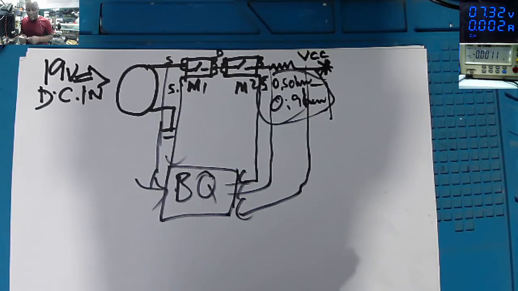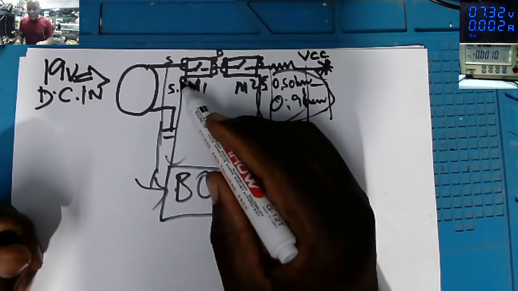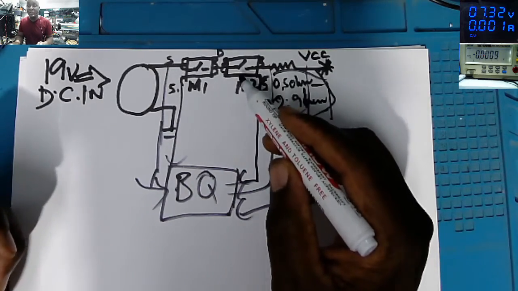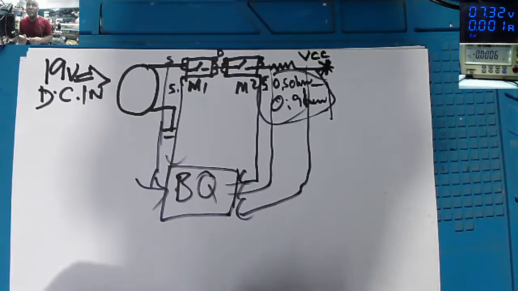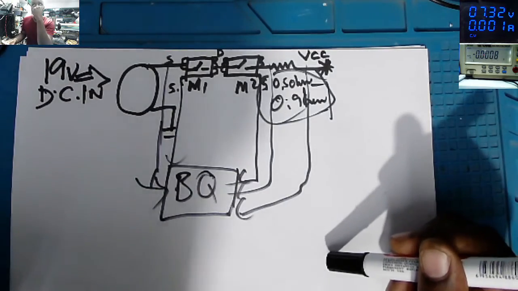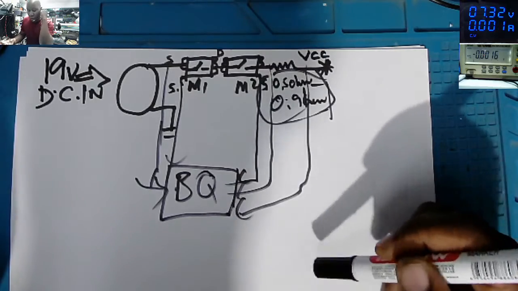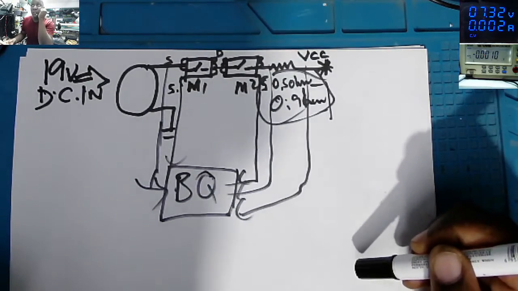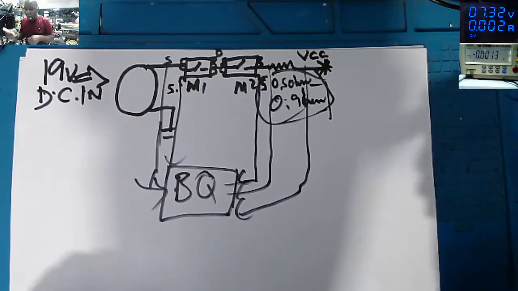So if you have voltage on the gate, it means the MOSFET is fine. If you don't have voltage, maybe something is wrong with the MOSFET, because you must have voltage there. So either the MOSFET is faulty, or something is wrong with the driver, which is the BQ chip. So from this point